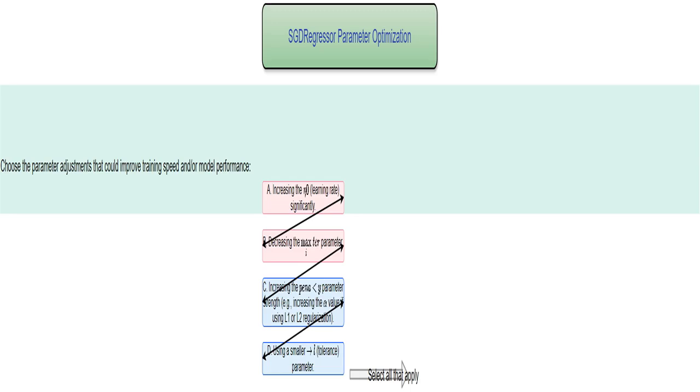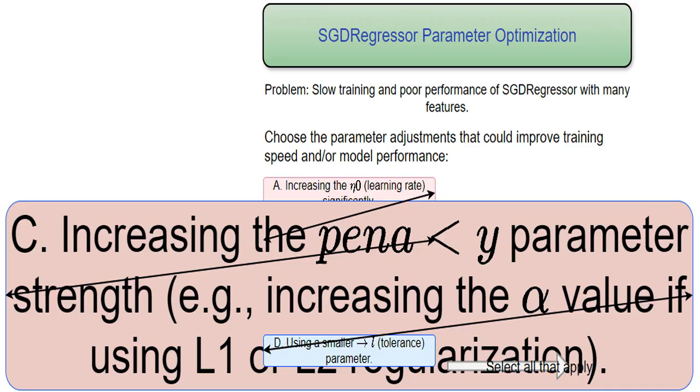I'm facing a problem. My linear regression model, using SGDRegressor, trains too slowly and performs poorly. I need to find ways to speed it up and get better results. This implies my current SGDRegressor settings aren't ideal. This instruction means I might need to select more than one option from the following choices to fix the problems. This indicates there might be multiple ways to optimize